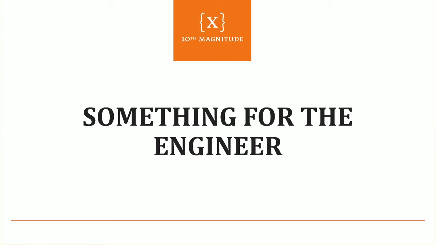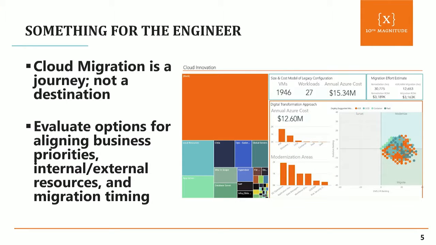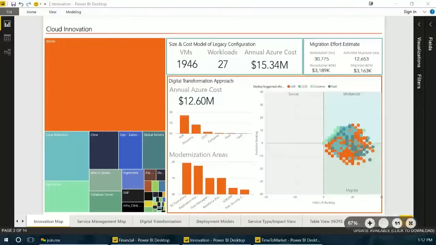Yeah, that actually transitions pretty nicely into a bit of IP that 10th Magnitude has been developing. I guess this goes across something for the engineer and something for the architect, but we've developed a Power BI dashboard that lets our engineers and our architects look at a portfolio of applications and determine how we should shift what our applications are doing today, and how we should shift to where they could be in the cloud. I'd actually like to switch over to a screen share,